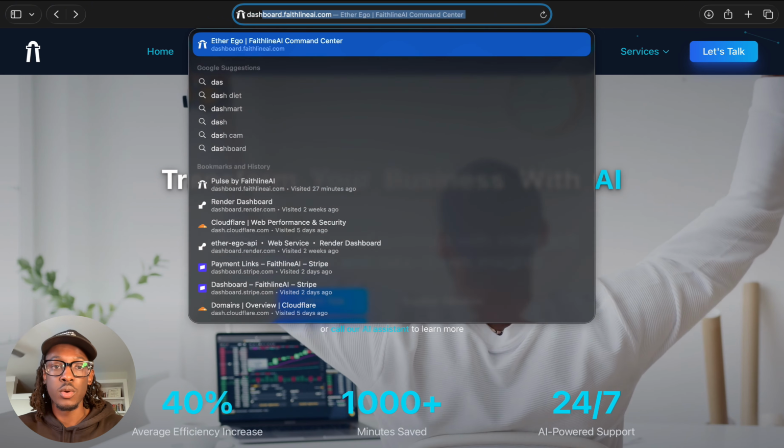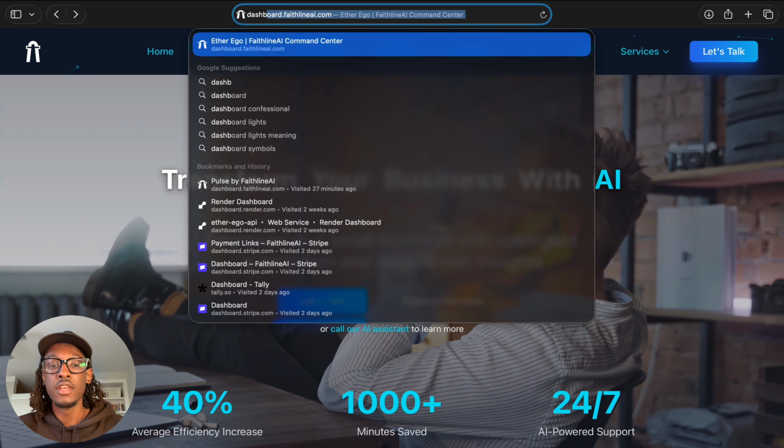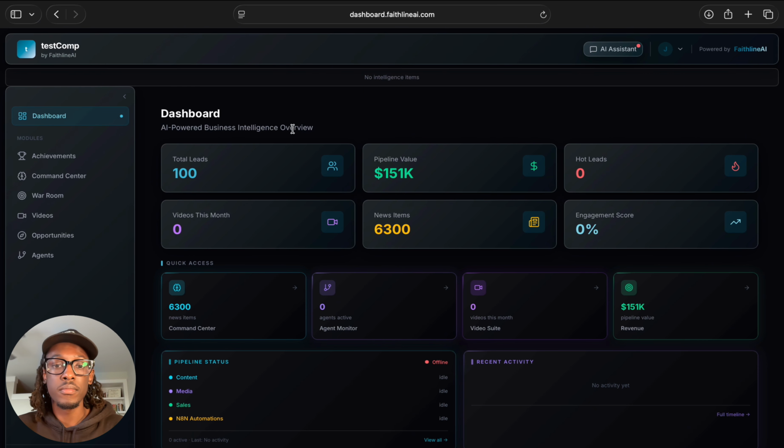So the first thing you're going to want to do is just go to dashboard.faithlineai.com. All right, and once you type that in, then you'll be brought right to your dashboard. You might have to sign up if you don't have an account, but it's pretty straightforward, and I'll cover that in a little bit. So once you log into your dashboard, the first thing you're going to see here is